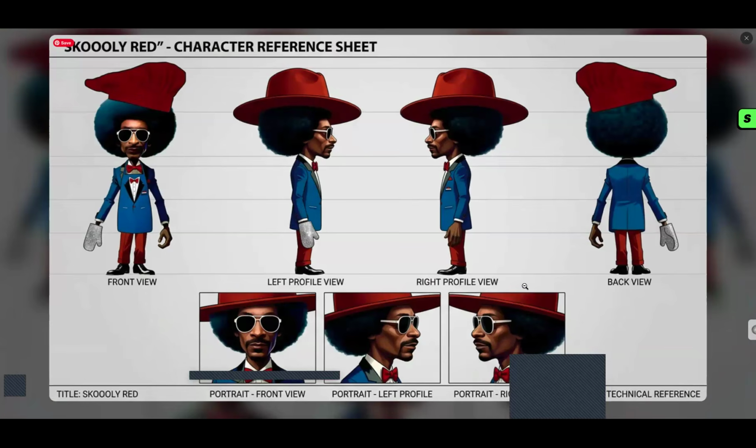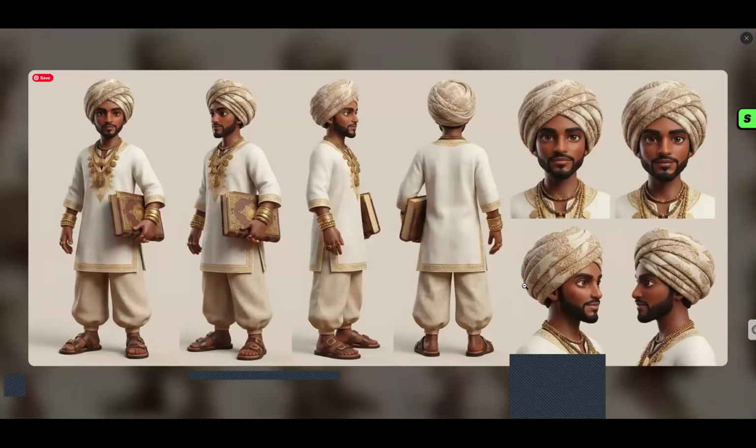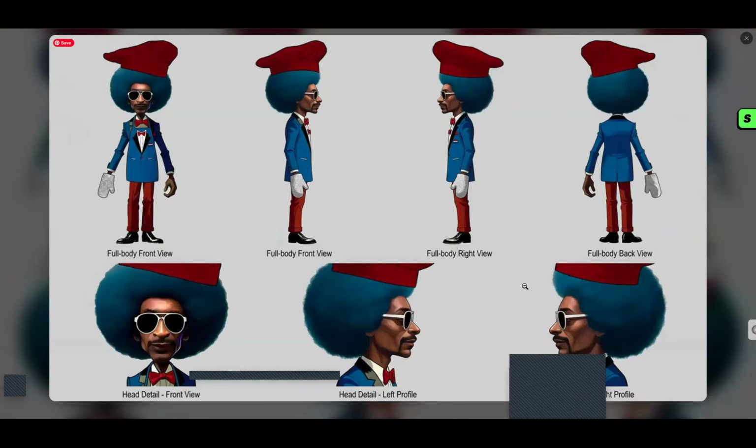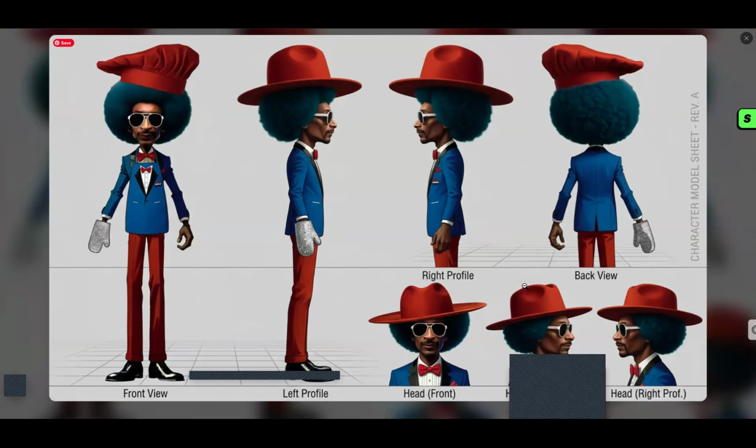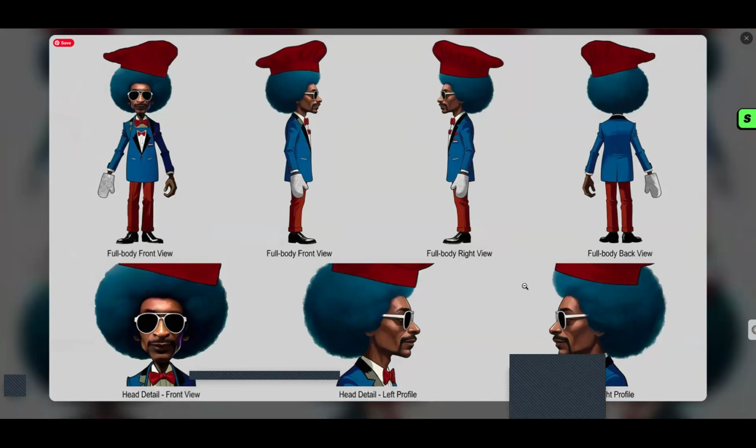Now, if you notice, this isn't claymation, right? It's not the claymation design. It's given more of a 2D type of design, more of a 2D aesthetic, right? But then we also have the claymation character sheet, and we also have the 3D character sheet, right? So I'm gonna do character sheets for this character in particular, Schooly Red,